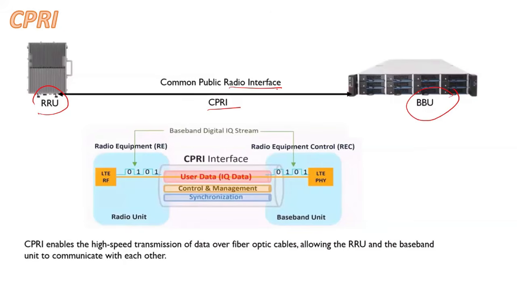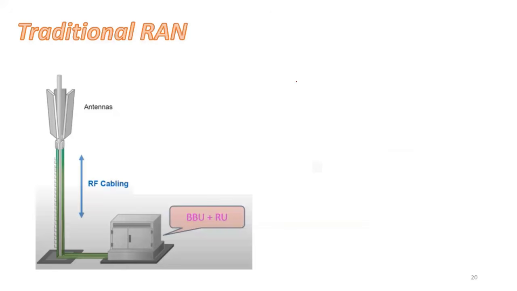Nowadays it is not necessary that the baseband is near the tower, and the baseband can be in a centralized location as well. CPRI is an interface that sends data from the RRU to the baseband unit, and it is a serial interface, which is a very high speed connection. Basically it is a way to translate all those radio wave signals back to the computing function, which is done by the BBU. As I said earlier, this is our traditional RAN. In the traditional RAN, we have antennas, and we have one box or one case where we have the BBU and RRU together. The antennas, BBU and RRU are connected with the help of RF cable.